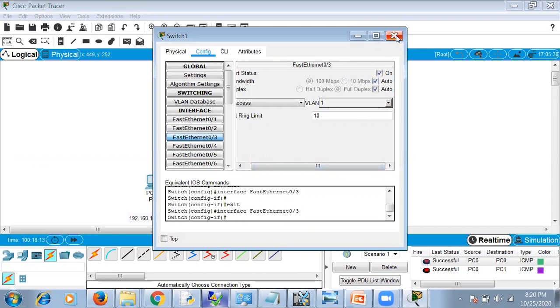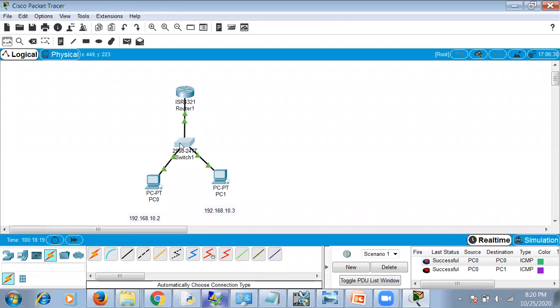When you select this on, when it is set up, the color changes. So this green color indicates the link is set up. So we will check whether it's working properly or not. We'll create a new scenario. Okay, this is working because both are in the same LAN and it can go through a switch. So it doesn't require a router. Now, when is router required? Router is required whenever you go to a different LAN.